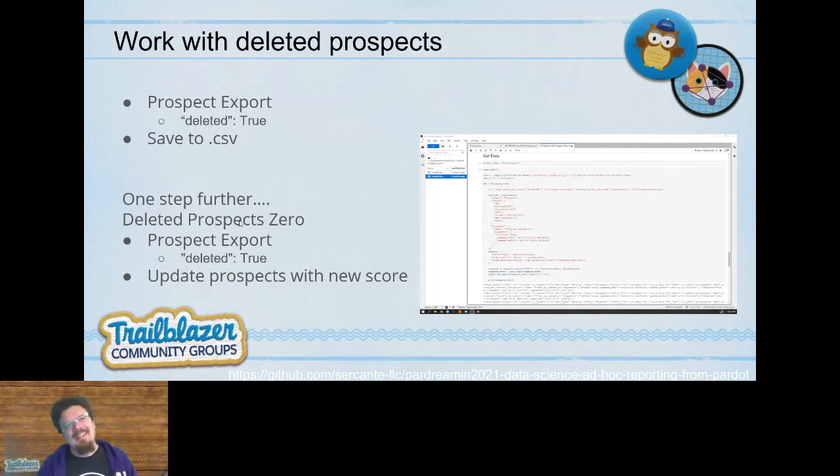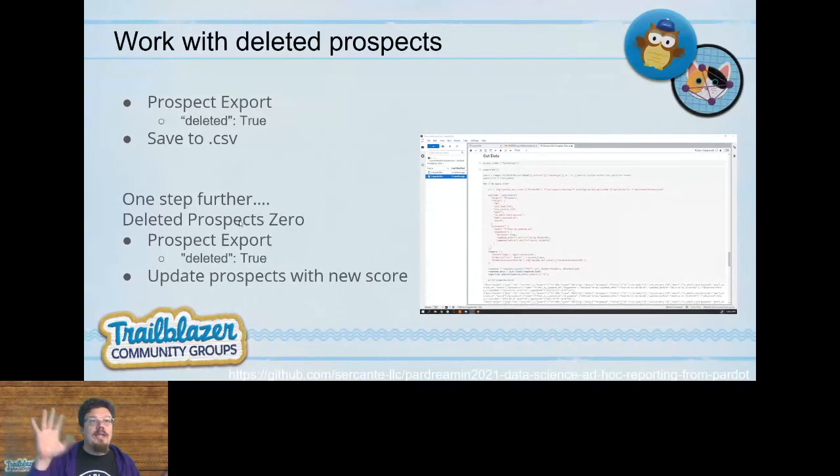With the API, I can actually work with the prospects directly and leave them in the recycle bin. So it's much safer to do stuff with deleted prospects than with the user interface. So, things I've done: get a bounce report on the deleted prospects. Looked up which CRM owners own records in the Pardot deleted prospects, so we can ask the CRM owners, hey, do any of these need to be revived out of the recycle bin, and so we can send emails and stuff like that. I've also done zero scoring.